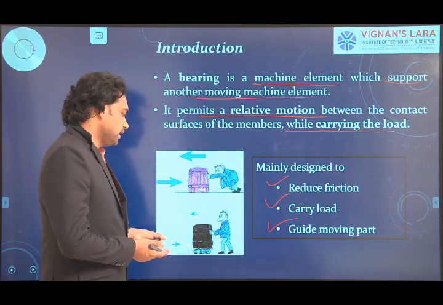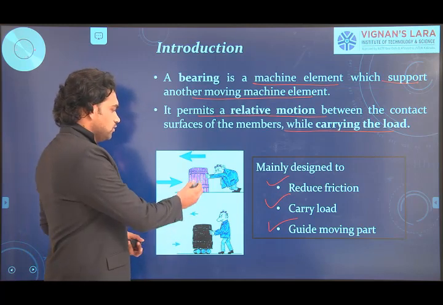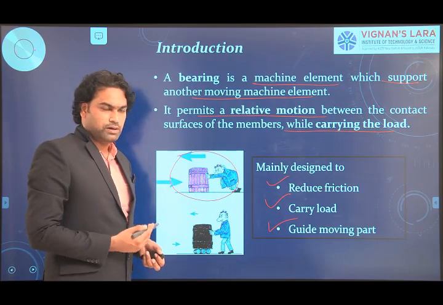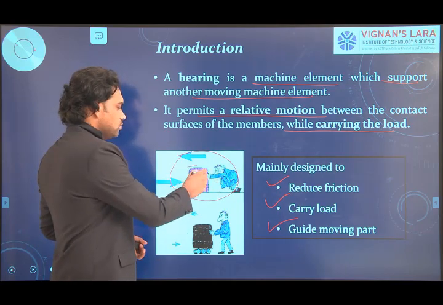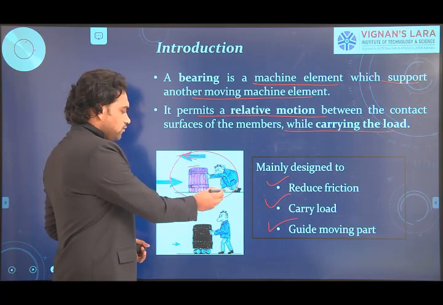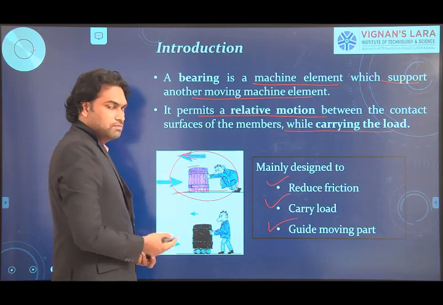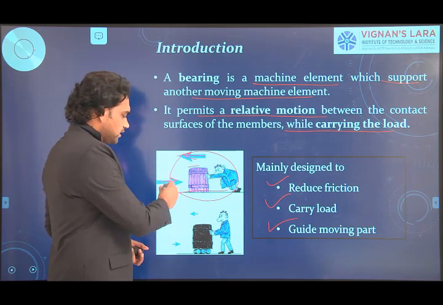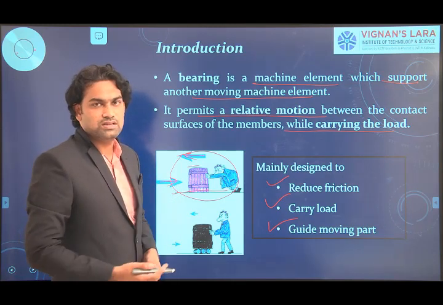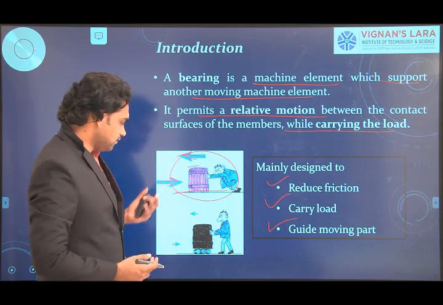And here a simple example can show how the friction can be reduced. If you observe the image in the top part, one person is trying to move this wooden box. The force required to move this box upon a flat floor is very much greater. Why? Because the frictional force acts opposite to the direction of the applied force. So obviously greater force, or greater effort, is required.